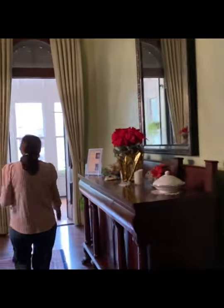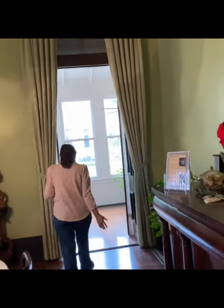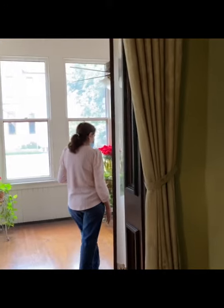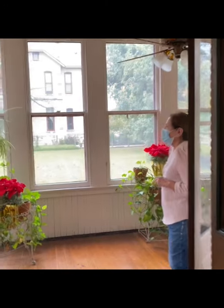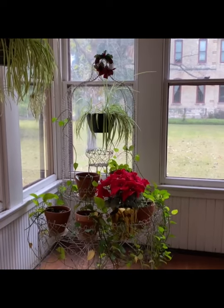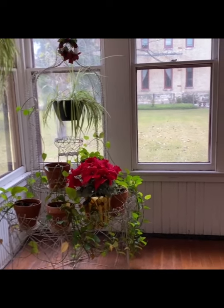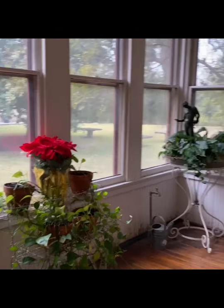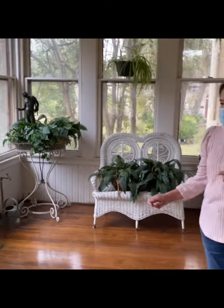Okay, over here, this is the garden room, or what used to be the garden room. Mrs. Steves had a lot of her plants in here. And there's a lot of greenery, so all it needed was a touch of red for the poinsettias. And this room, what's interesting about it is it's at a slant, so that when she would water her